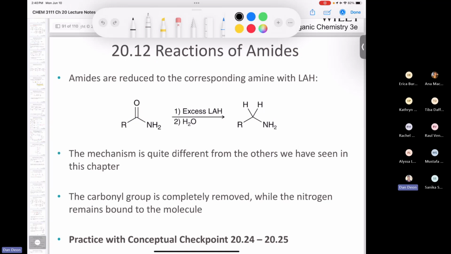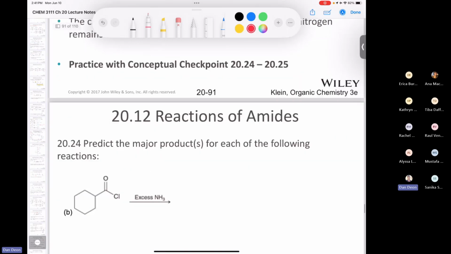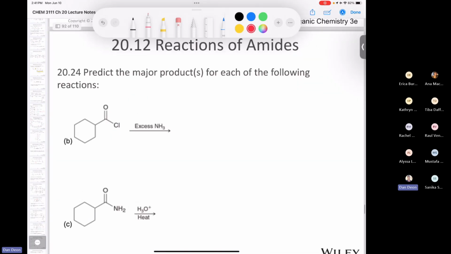So it says this mechanism is quite different from others that we have seen in this chapter. And so I don't think there's any mechanism supplied for this reaction whatsoever. But again, you wouldn't want to use H3O plus. Why would that not work? It wouldn't work because in that case, you'd end up with this, NH3 plus, right? You'd end up with the conjugate acid, okay? And you don't want to have that. So you use water in the second step. So now that we have all that unpacked,